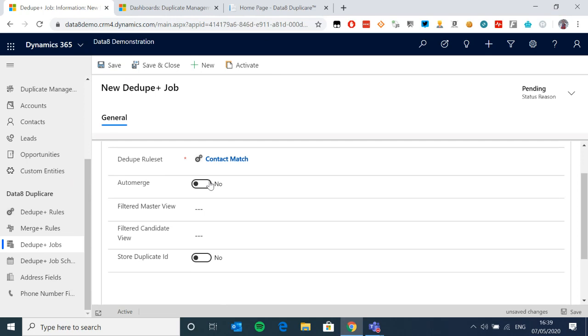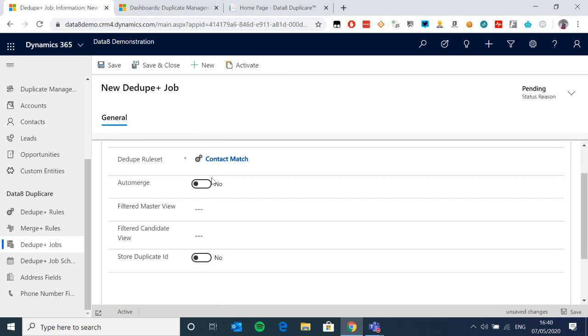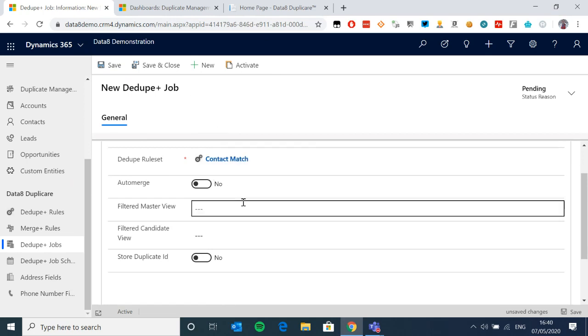You can go home. You can come back on a Monday morning, and assuming your rules and everything were right, you have no duplicates in your system. It just runs itself. That's the ultimate end game, and we have a lot of clients who've used that on our initial cleanse. It's a very, very powerful thing for what is essentially a single no-to-yes checkbox. So for now, I'll stick to no. Most of the time you'll be a no on that. The odd time you'll be yes on that.